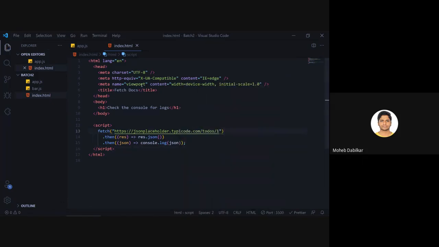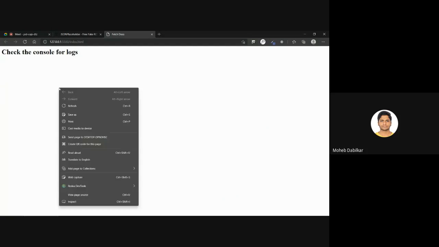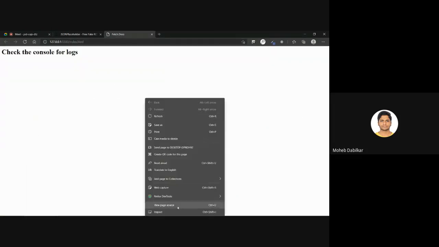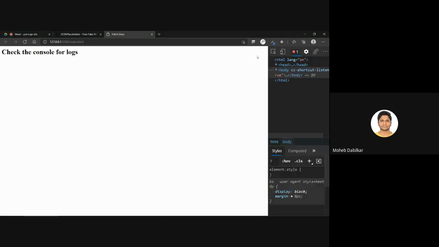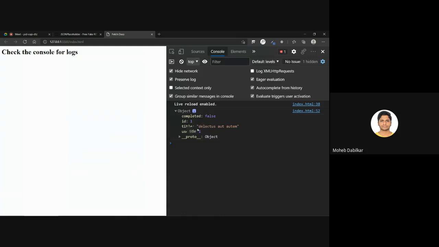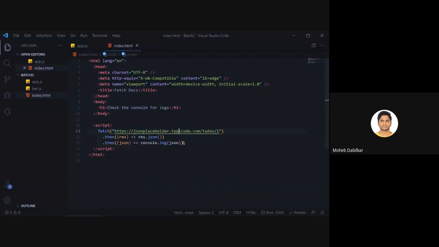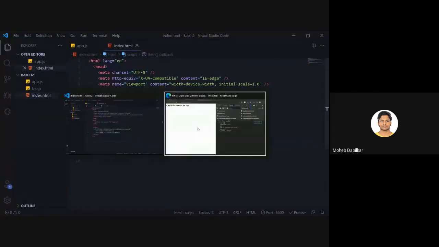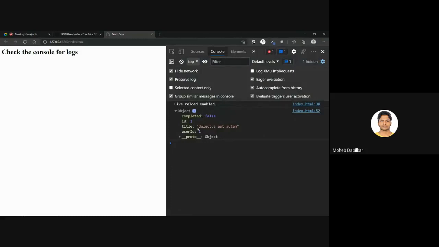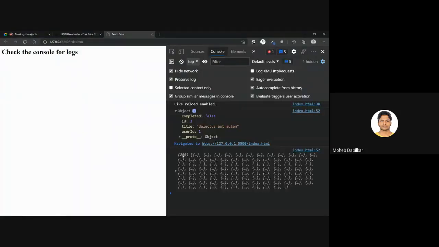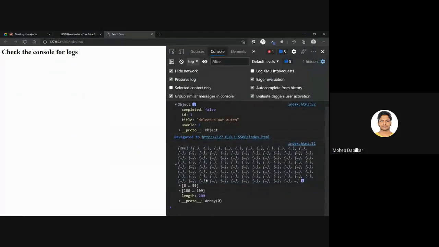So once we open it up in the browser, you see it says check console for logs, and when you go to, sorry, not to page source, inspect element, let's make this bigger. You see it gets us some data. Now we can just pass in the data over here, and see, we have lots of data now.